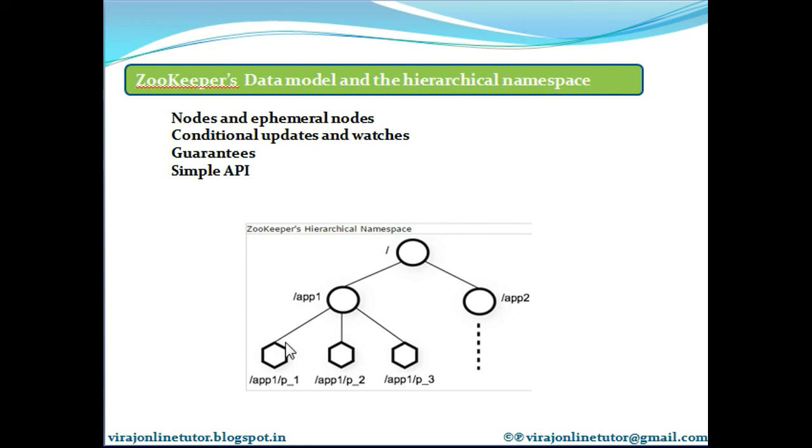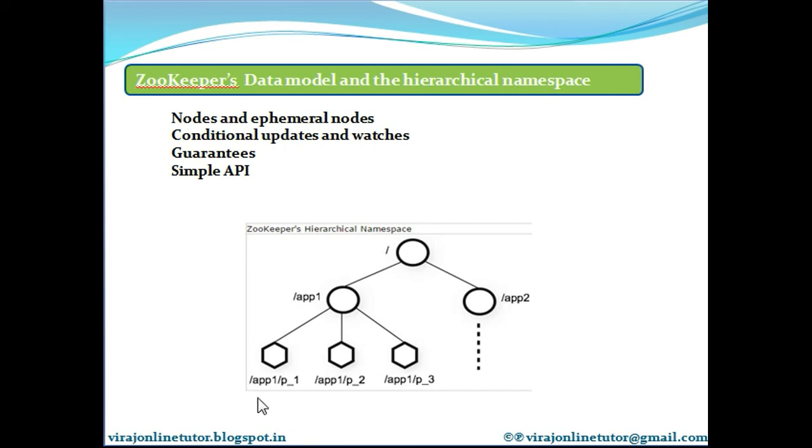So this is how the file system is designed in Zookeeper. The namespace provided by Zookeeper is much like the standard file system. A name is a sequence of path elements separated by slashes.